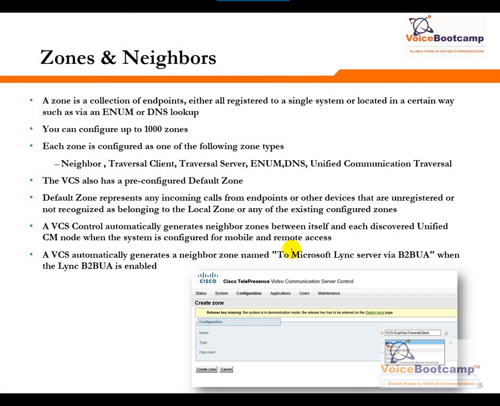A zone is a collection of endpoints, either all registered to a single system or located in a certain way, such as via ENUM or DNS lookup. You can configure up to 1000 zones, and each zone is configured as one of the following zone types: